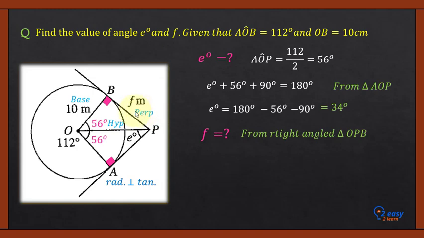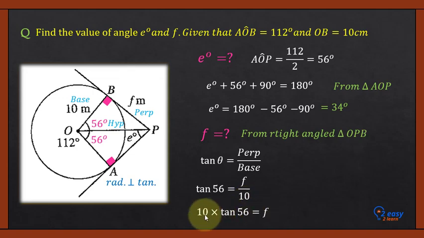So we know that perpendicular and base are used in tan theta. So tan theta is perpendicular over base. Plug in the values. Tan 56 is equal to F over 10. Do cross multiplication. F is equal to 10 times tan 56, and your final answer is